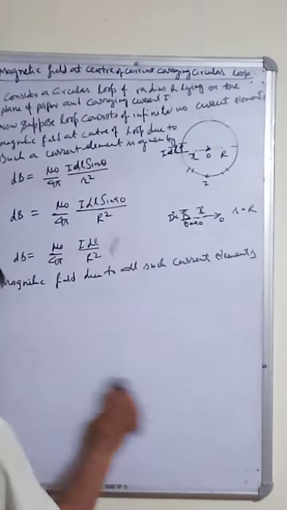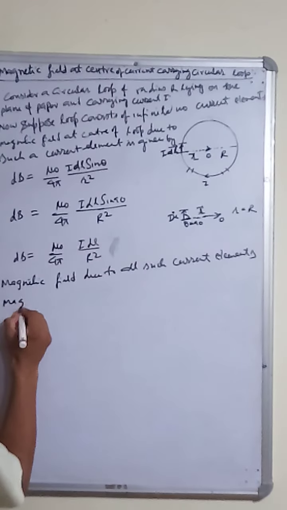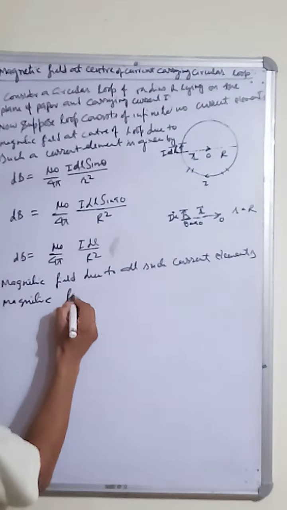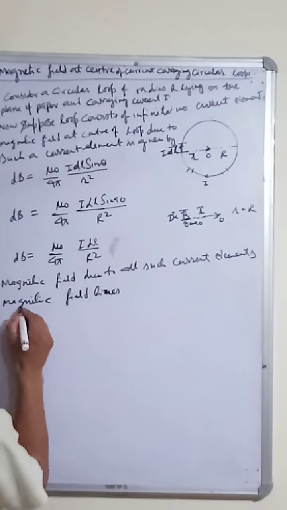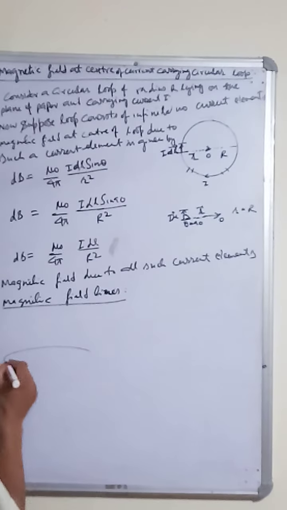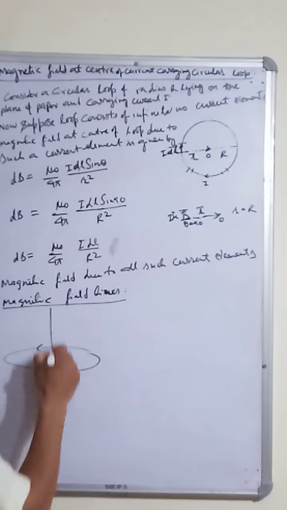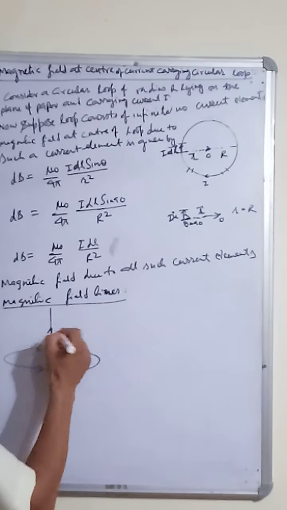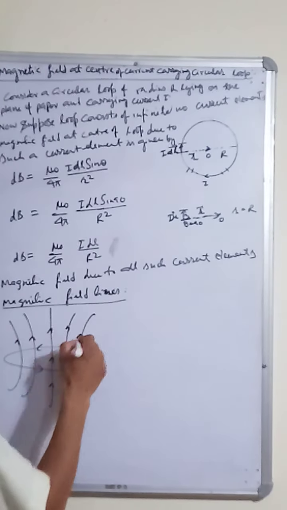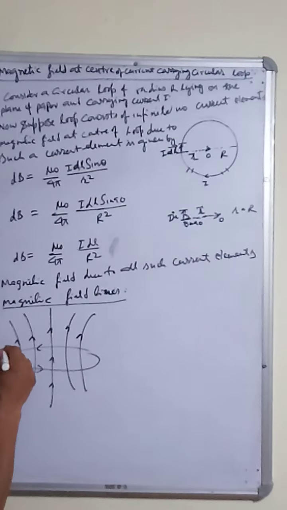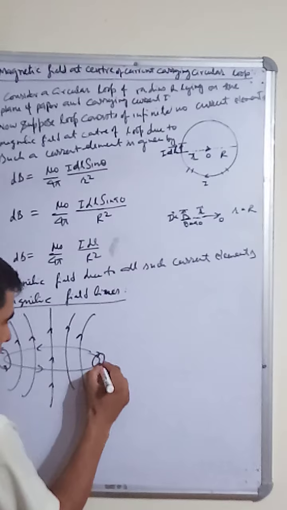The magnetic field lines are very simple. Look at this one. This is the circular loop, and round your fingers around the current. So this is the magnetic field through the center, and if you go away from the center, the line will take this type of shape. And at the end it will be like this. It will become like this at last.